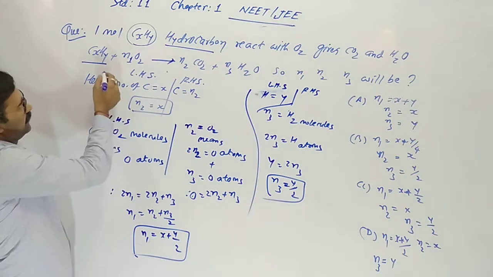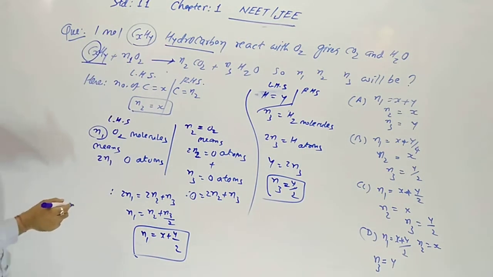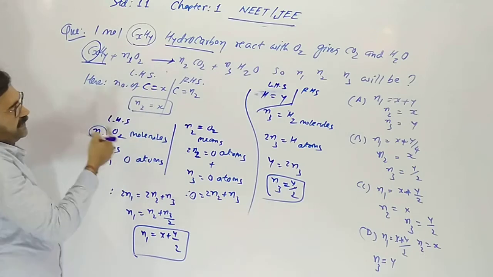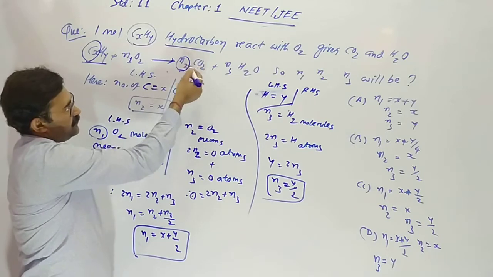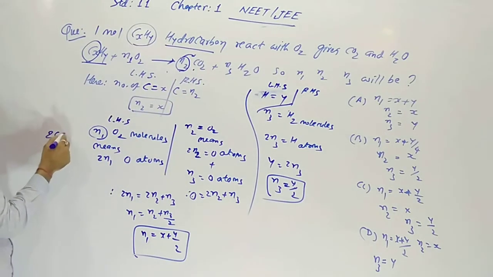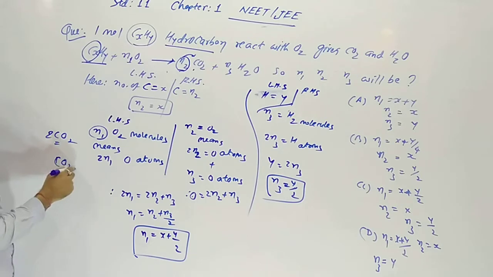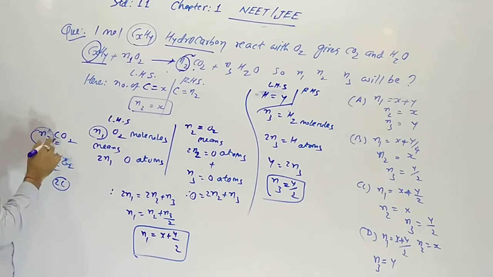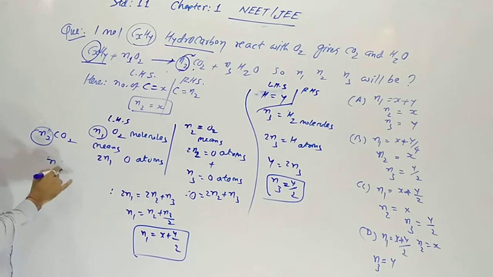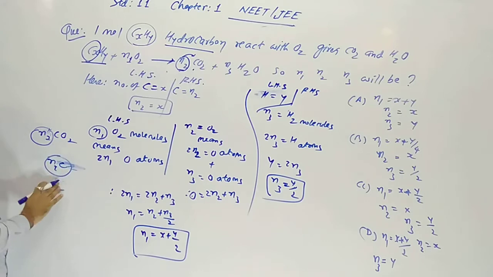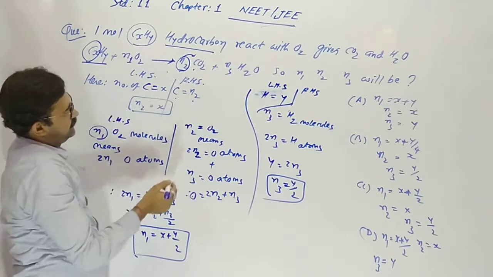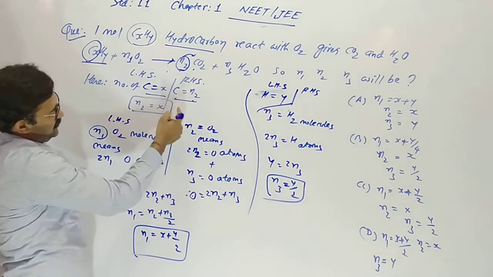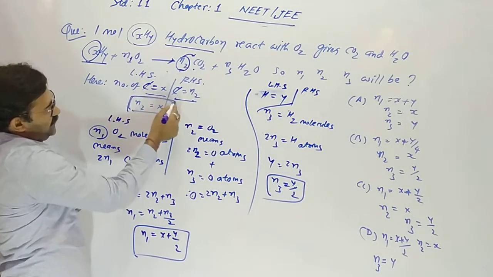Here on the left hand side carbon is X. So carbon equals X on the left hand side. Now on the right hand side the number of carbon is N2. And N2 CO2: 1 CO2 has 1 carbon, so 2 CO2 has 2, like this. N2 CO2 means the number of carbon is N2. So we compare these two: carbon N2 equals X.